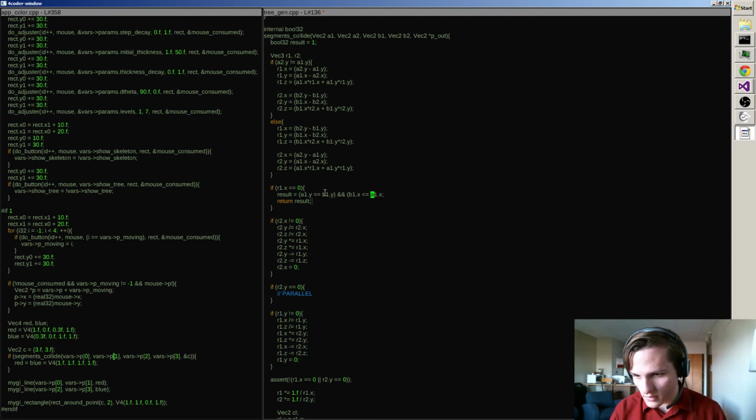Is less than or equal to a1 dot x, and a1 dot x is less than b2 dot x, or, and this whole thing needs a pair of parentheses. Same idea again, with the A's and the B's flipped around. A, B, B, A. Great. Now in the other case,